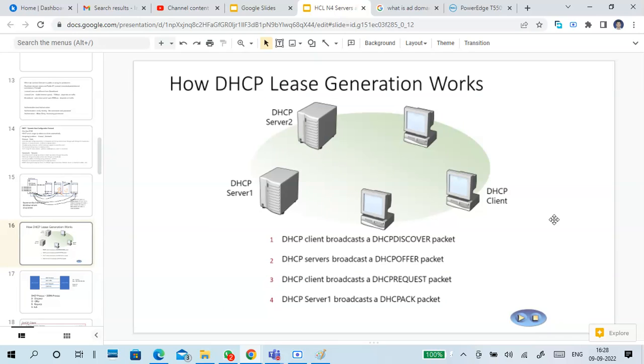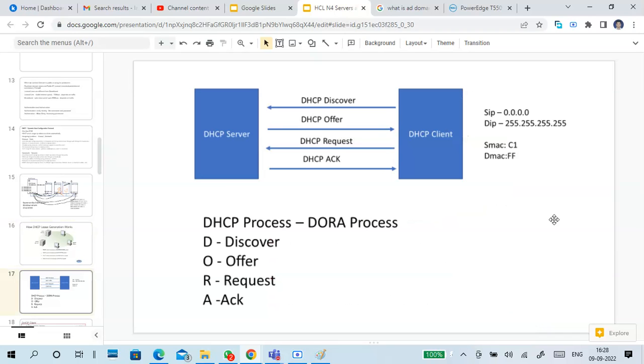So in this picture we have a lot of computers, but here it is only two, so that we can easily understand. Guys, in this side the DHCP client tries to discover where the DHCP server is by sending a discover packet. When the DHCP server receives it, it sends a DHCP offer to the DHCP client, and the DHCP client sends a request: "Yes, I want this IP address." The DHCP server finally sends an acknowledgement with the full configuration of the IP address to the client.